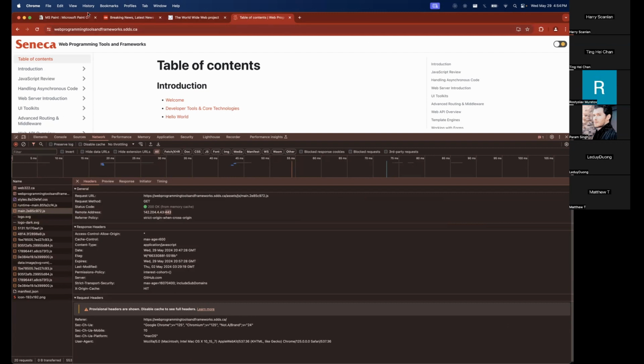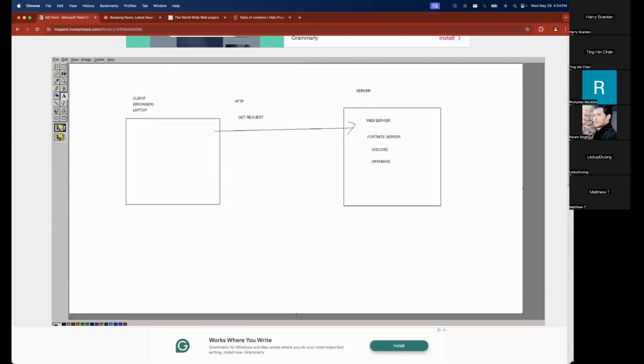So if you're not sure what ports are, think of them as the apartments in the apartment building. If our IP address is the apartment building, then a port is the apartments, because our Fortnite server doesn't care that I want to get the CNN webpage. And if I didn't knock on the web server door, all of these servers might respond, and they don't know what to do. Fortnite's going to respond, Discord's going to respond, database is going to respond because I asked it for something and I wasn't specific. So we assign these ports, and it's how we can have multiple software servers